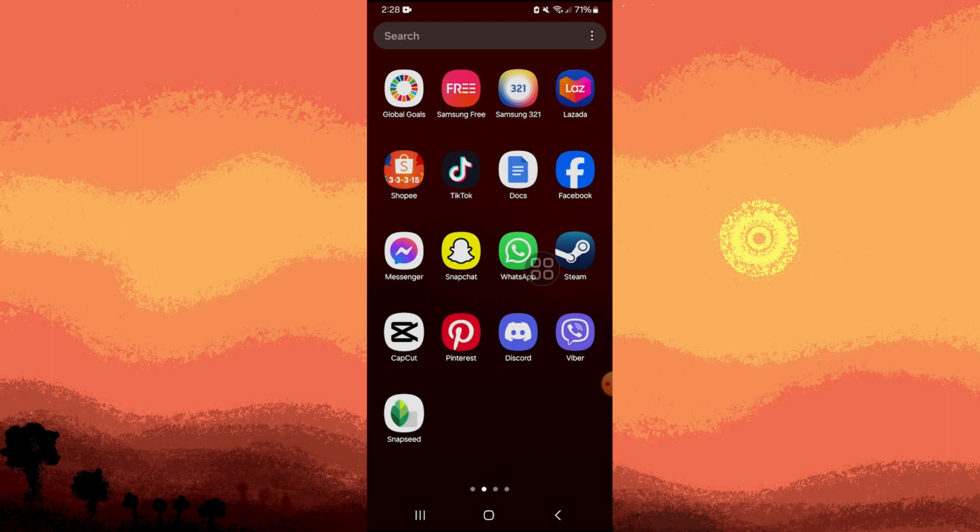Today I'll teach you how to change dress color in CapCut, and it's literally an easy process, so make sure to watch until the end of the video to know how it's done. So firstly, open your CapCut app,